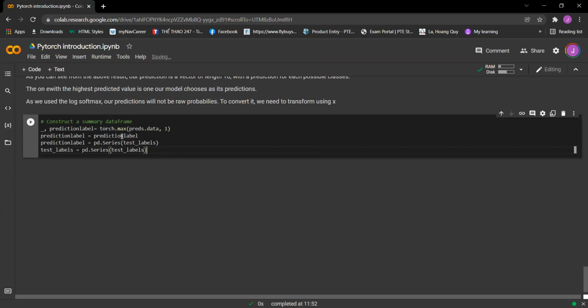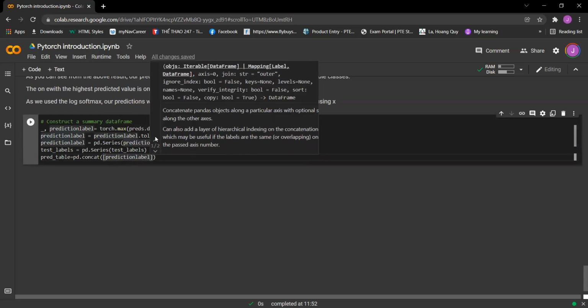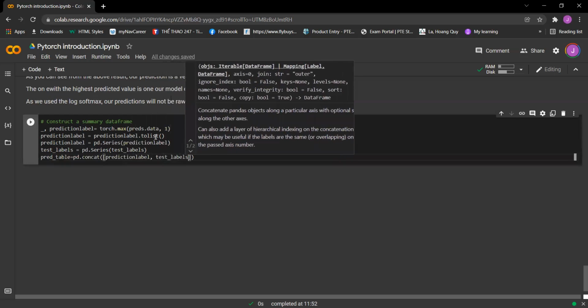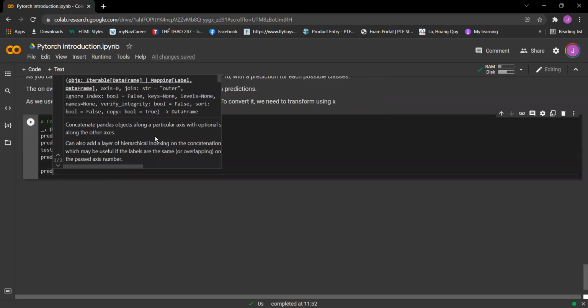So we have prediction_label.tolist, and then pd.Series, which is the prediction label, and then pd.Series of test_label, and then we have pred_table equal to pd.concat, open bracket, prediction_label, comma test_labels, and then axis equal to 1,